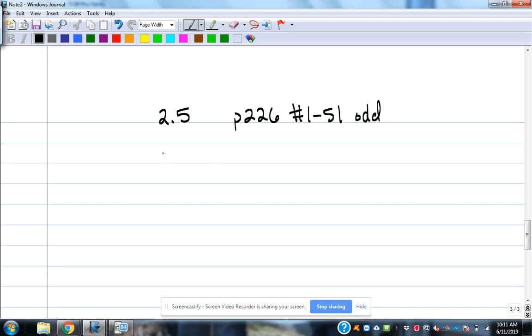And then the section 1.7, I think, is 145, 1 through 37 on those. So you just some practice for those types of problems, and that finishes up our basic linear equation solving and inequality solving and writing equations of lines that we're doing here. So let's take us about a 10